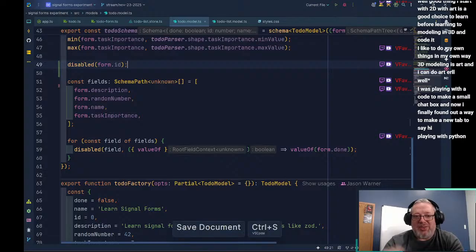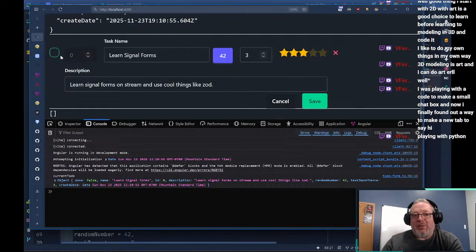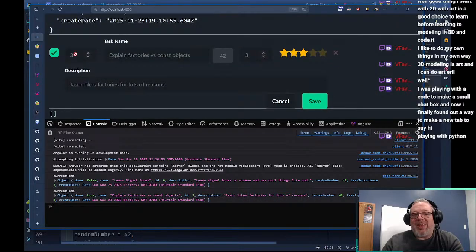And that should just disable it, I believe. So now when we come in and edit, yeah, our form is always disabled. So now we can't change it. So we take out that bad user experience.